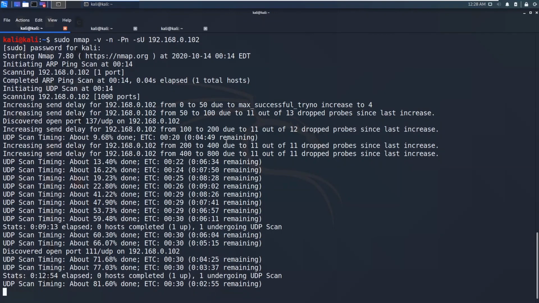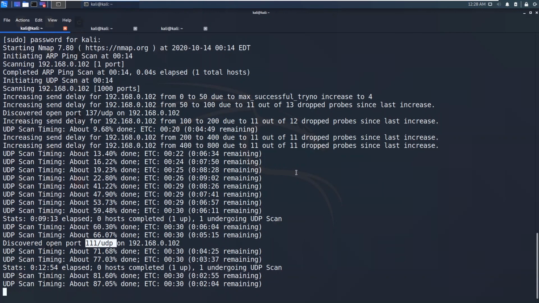Alright, I will end this video now because this UDP scan is taking a long time. Meanwhile you can see it discovered open ports 137 and 111 on this IP address. That's all you need to know about nmap, and if there are any further options I forgot to tell you, these are the basic options we can use in a pen test. We will not be leaving nmap here, we will use nmap most of the time, as this is the starting phase of enumeration and scanning. So that's all about nmap.